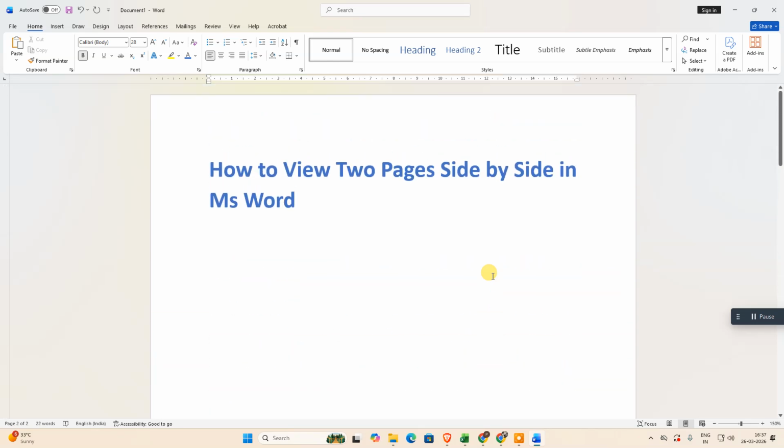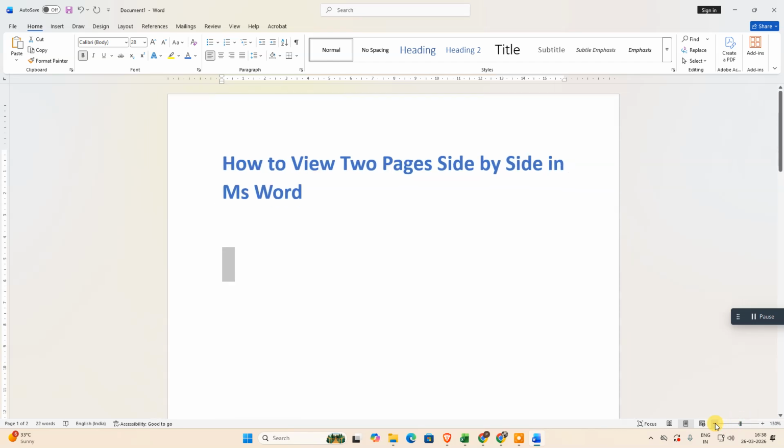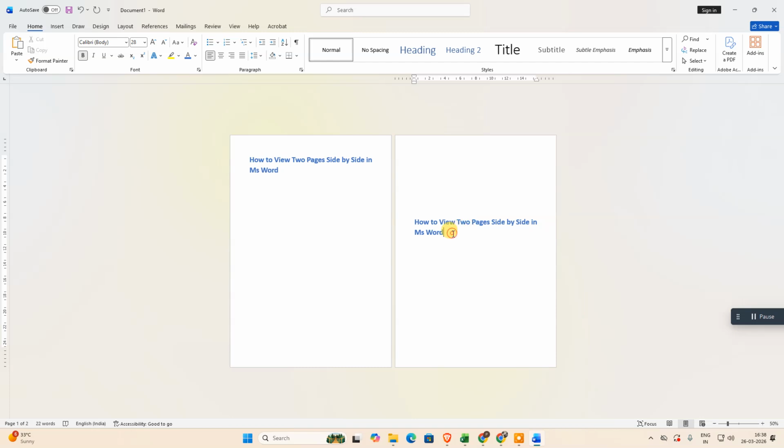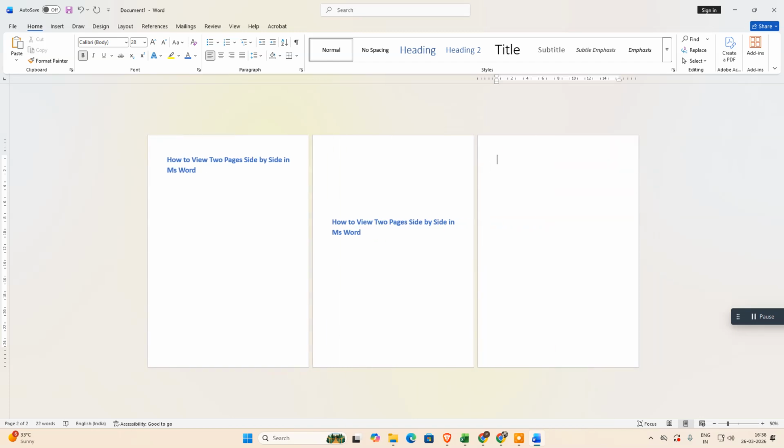Okay, so there are two methods to view two pages side by side in Word. First, you can simply come here in the zoom section and minimize the zoom like this. Just click on that minus button. Then if you have three pages, it will show the three pages, and if you have two pages, then it will show only two pages. So let me insert one page. So you can see the third page also aligns with both pages. Okay, so this is the first method,